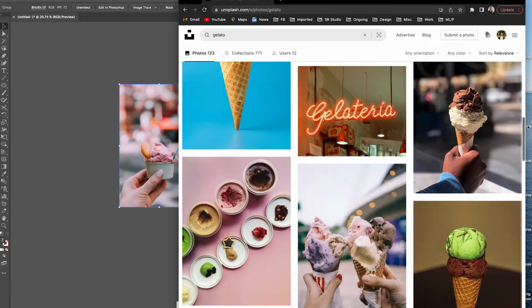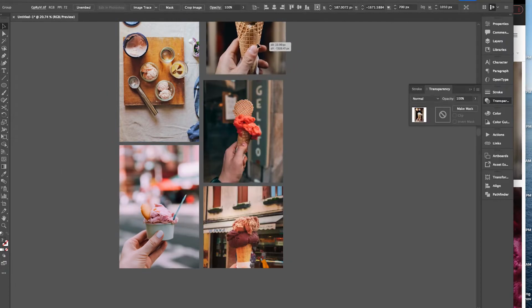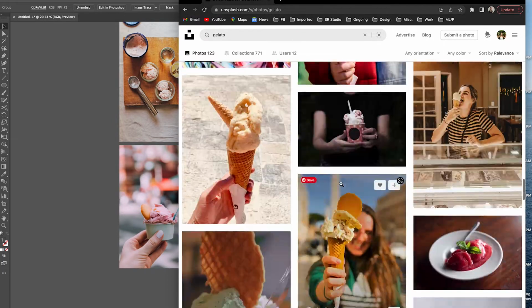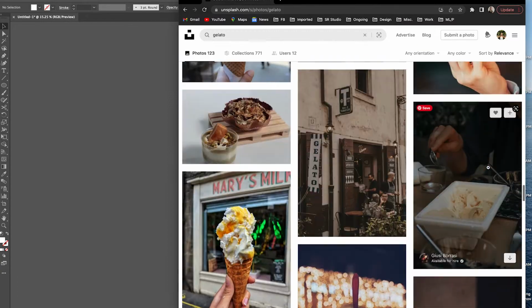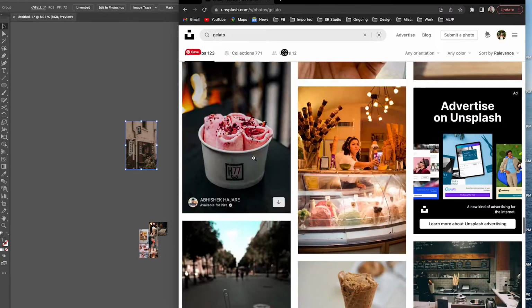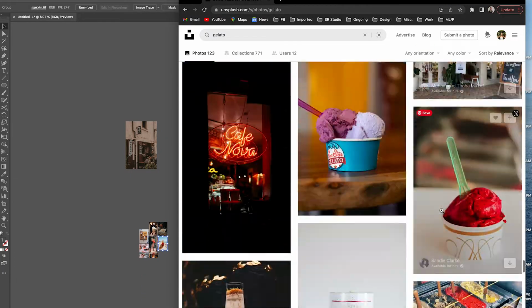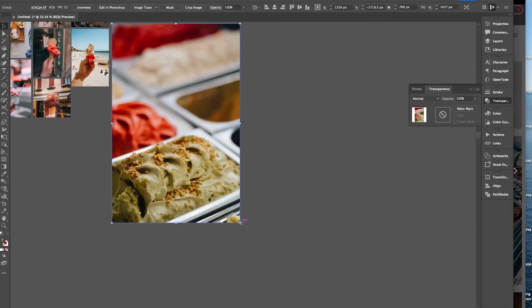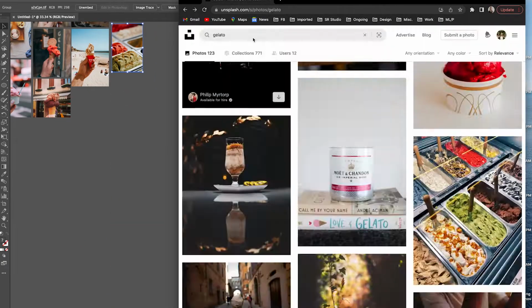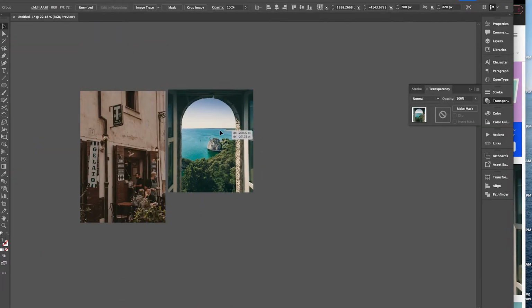So like I mentioned, I'm just hopping onto Unsplash first. I'm doing a few searches that are obviously relevant. So why not start with gelato and ice cream and various topics like that to find pictures that I could use within the mood board. After that, I'll probably start exploring some more general European topics, but again, there's just always so much to filter through. Mood boards can take as much time as you really want to put into them.